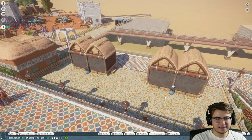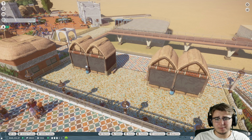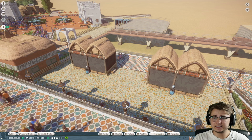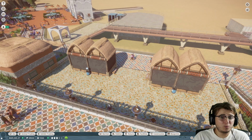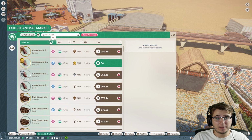I only say don't pay attention to it because it's just gonna be in the background. But we gotta get these exhibits up and running, dude. We have this whole little plaza out here for our guests to come and see the beetles, or the scarab, and a bunch of the other smaller exhibit animals that we could potentially have in here. That's just it. We don't have any right now, so we have to fix that by going into the animal